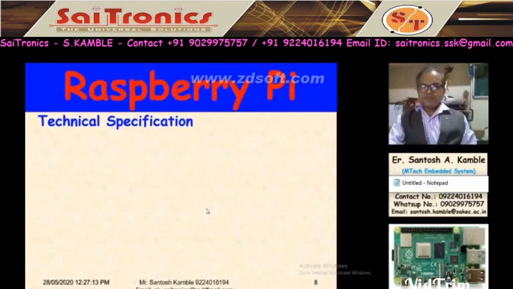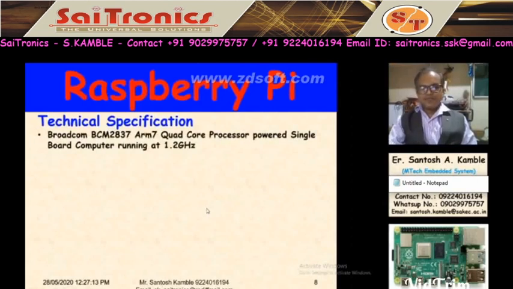Now we'll see the technical specifications. The first is the Broadcom BCM2837 ARM quad-core processor, which operates at 1.2 gigahertz. Then it has 1 GB of onboard RAM. You cannot change this RAM. It has 40 pin extended GPIO, general purpose input output.